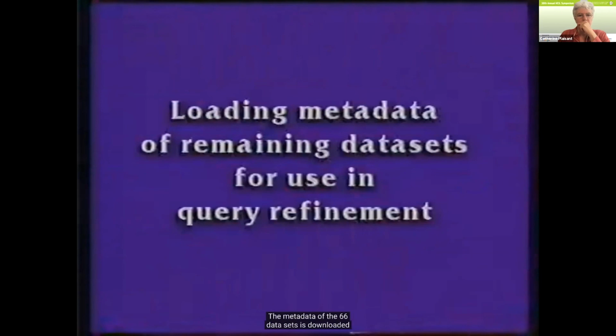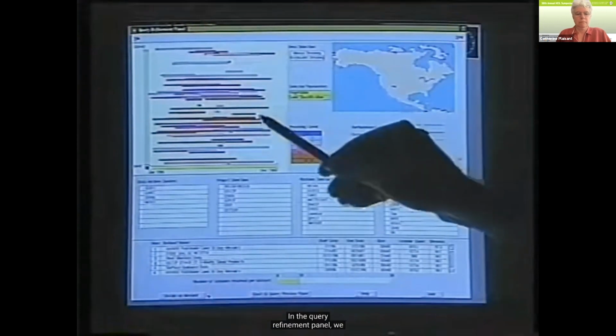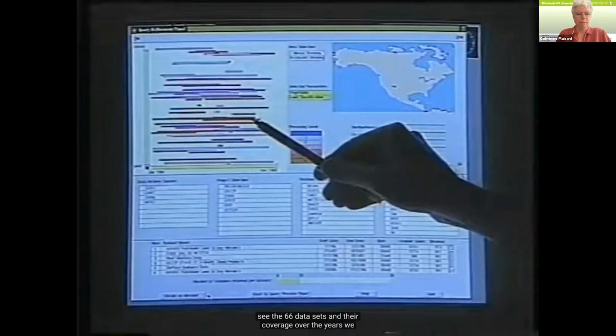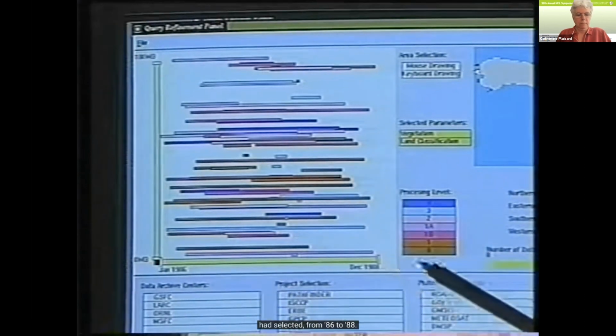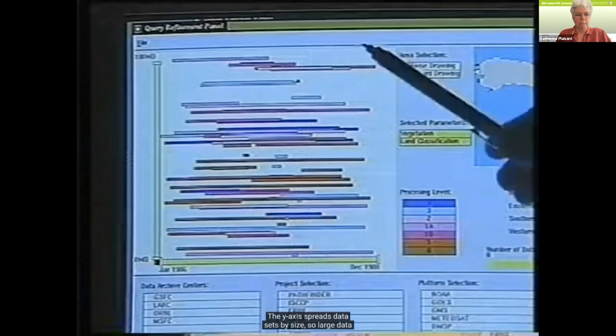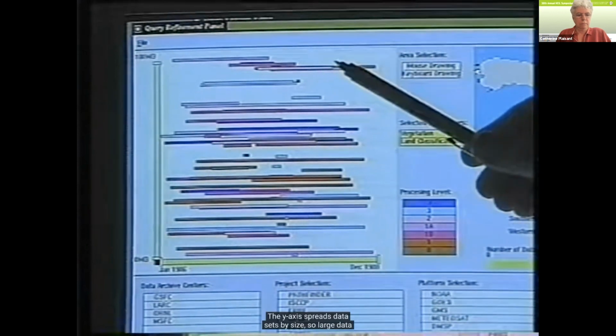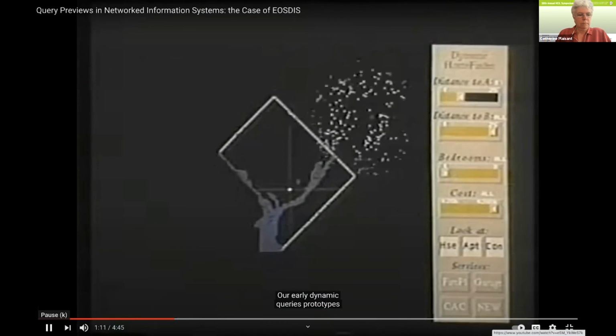The metadata of the 66 datasets is downloaded from the data archives. In the query refinement panel, we see the 66 datasets and their coverage over the years we had selected, from 86 to 88. The y-axis spreads datasets by size. Dynamic queries prototypes have shown that novice